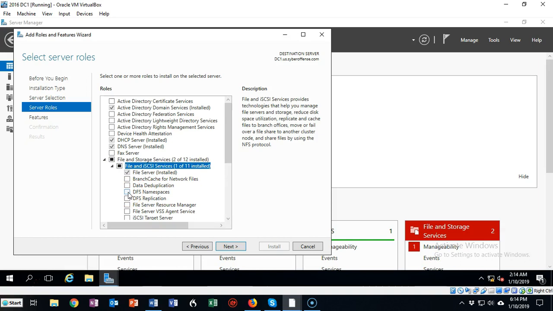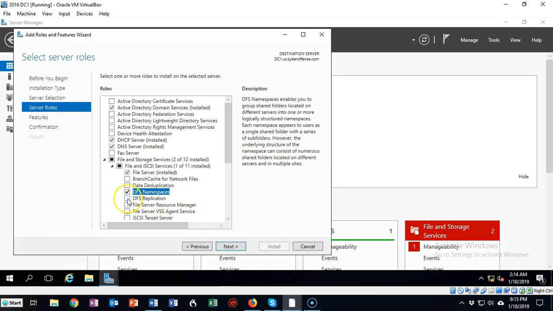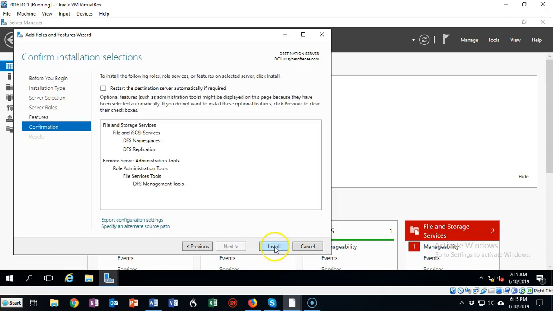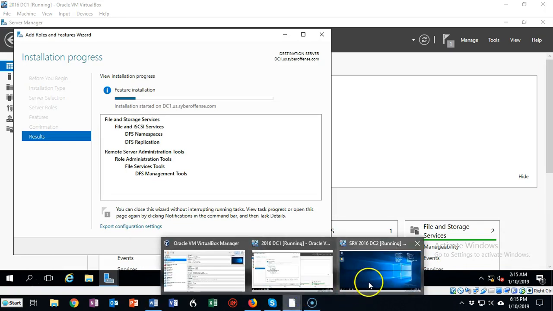First is the DFS Namespace. We're going to add those features, and then we're going to check the box for DFS Replication. We're going to go ahead and click Next, and click Next, and now we're going to commit by clicking on Install. While DFS is being installed on my DC1, let's move on over to my DC2, and we're going to do